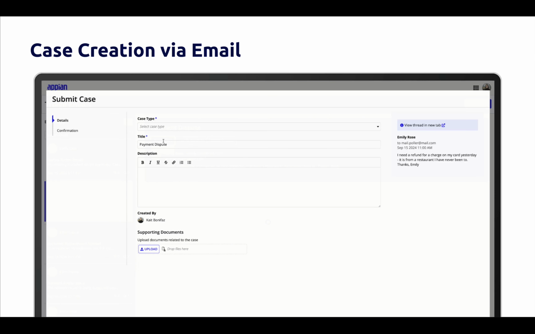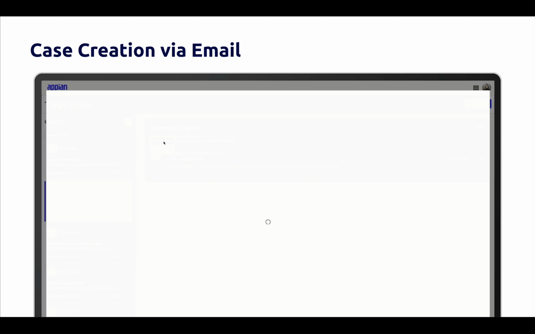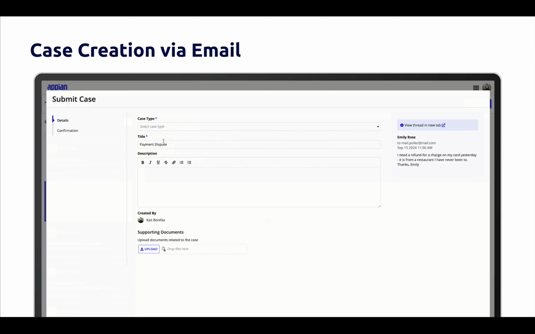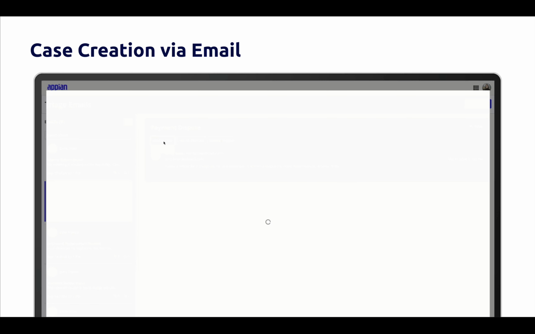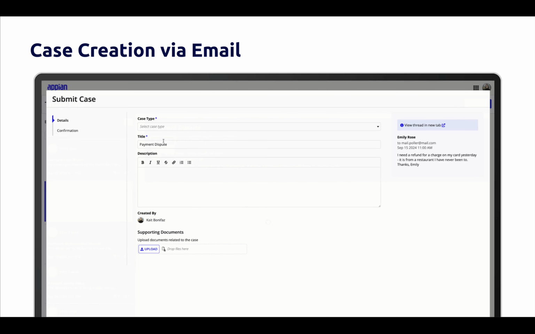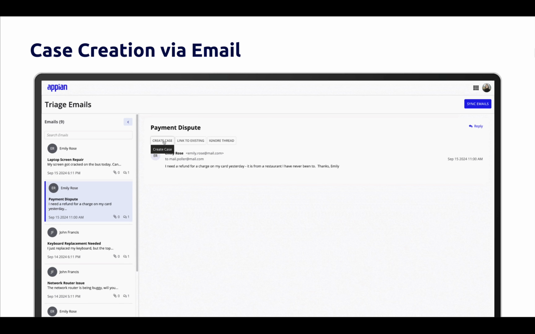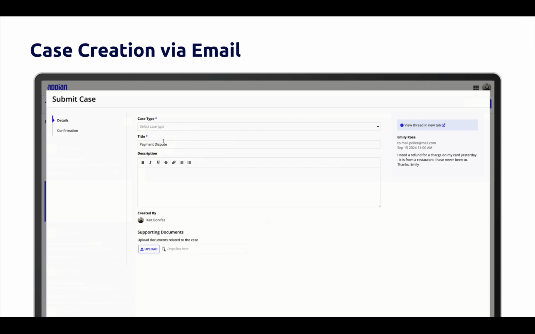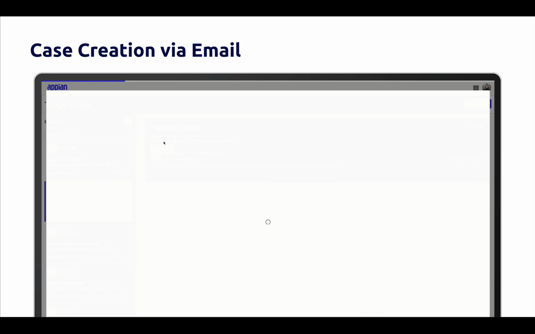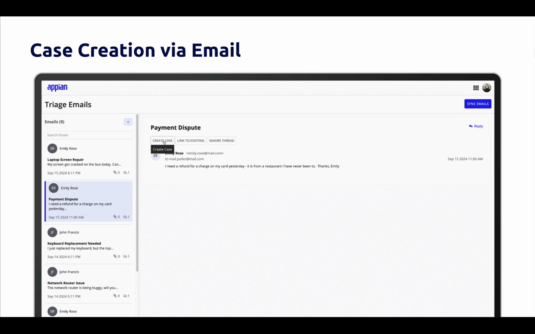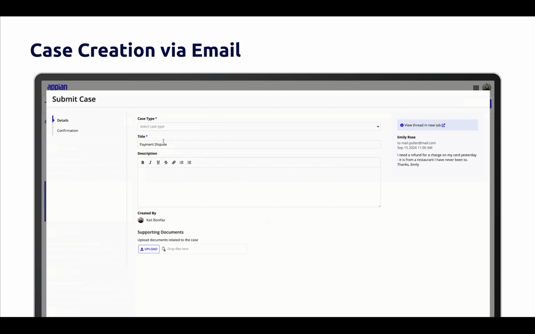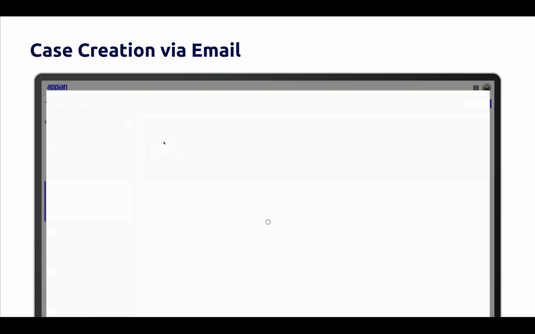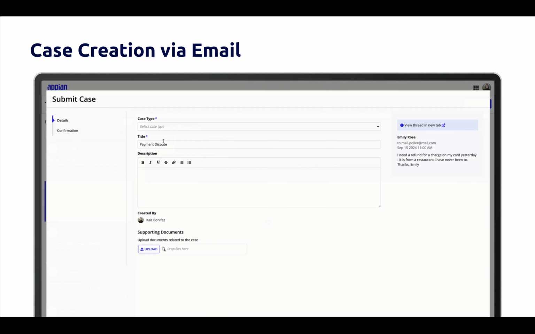Speaking of modules, we're making case creation more flexible with the Case Creation via Email module. When plugged into your Case Management Studio instance, the triage queue in Workspace allows you to pull in emails and turn the inquiries into new cases or add information to existing cases directly from the queue. Once you've created or updated a case, we'll display the email thread and any new replies to the thread on the case itself. And you can even reply to emails directly from within the case. We're centralizing case information and creation so that you can spend less time digging through emails and more time focusing on resolving cases. We can't wait to see how you use these new low-code capabilities.